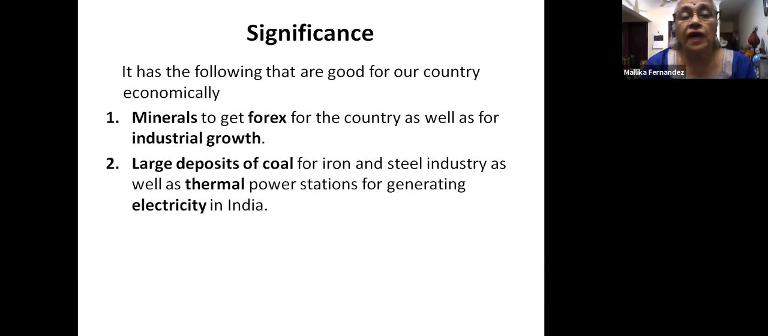Then we also have large deposits of coal for the iron and steel industry. Okay, the coal here for the iron and steel industry is mainly as a reducing agent to remove the impurities from iron and manganese, because the iron and manganese are what is put in a blast furnace. And most of the coal is also used to generate electricity, what we call thermal